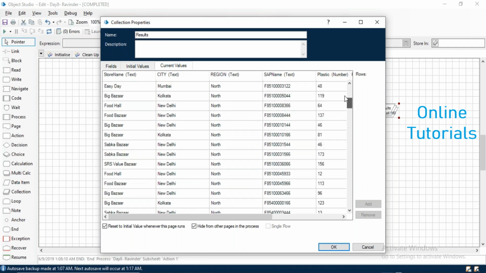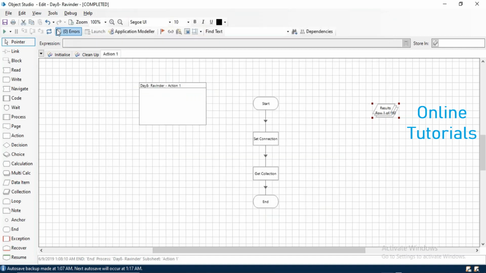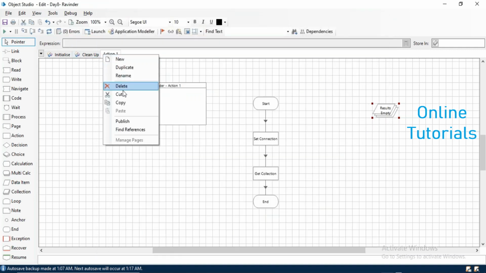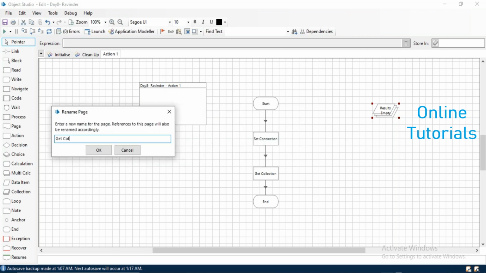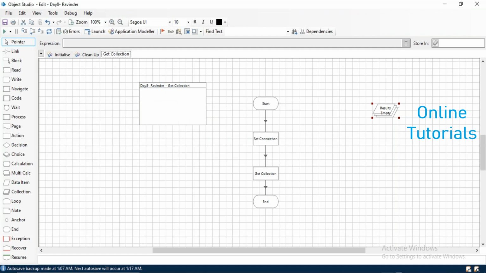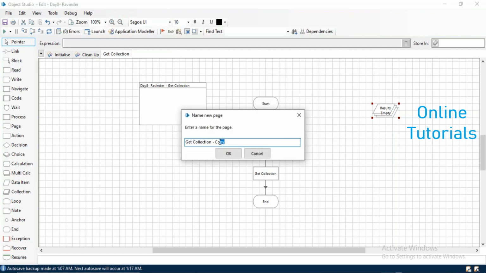So all the records have been fetched successfully. Get collection. Now I'm creating a duplicate copy of this one, get collection, and I'm just putting some where